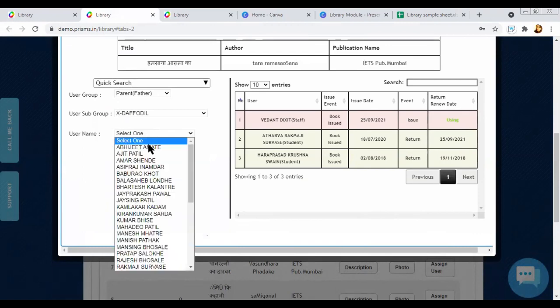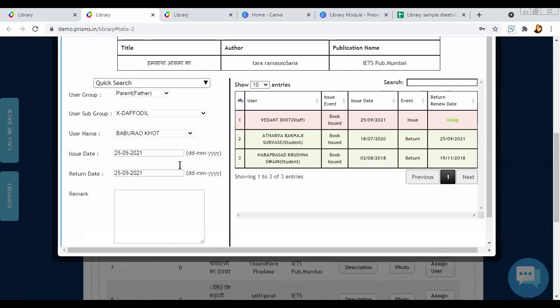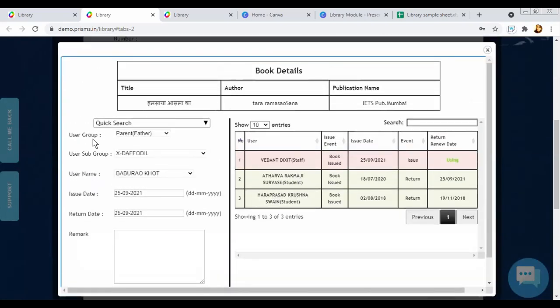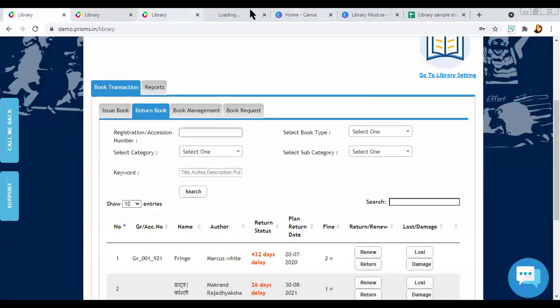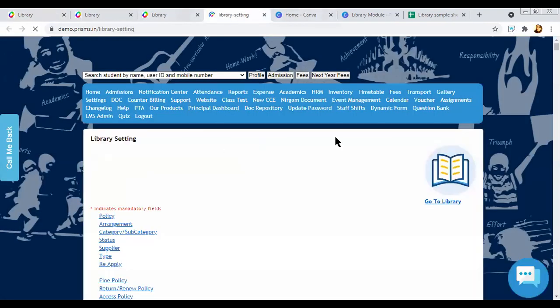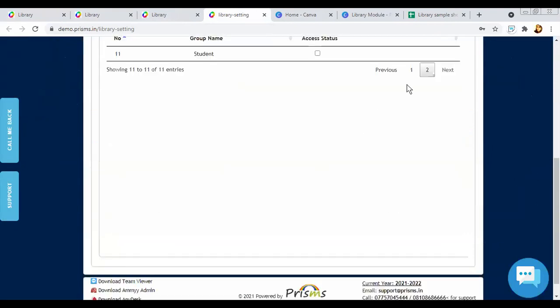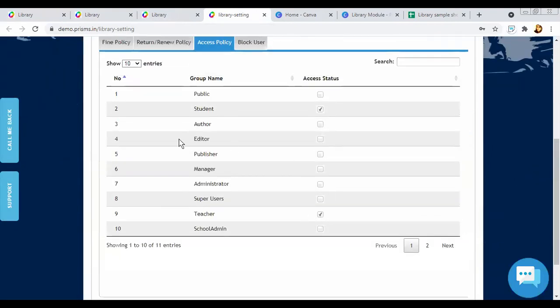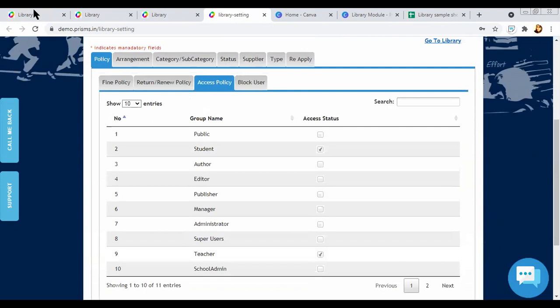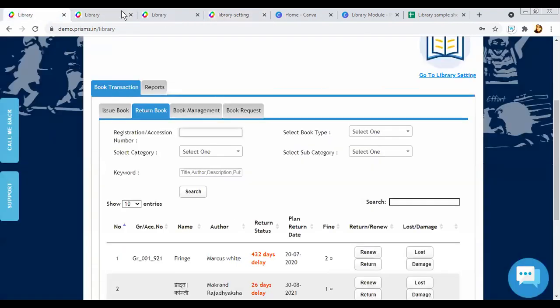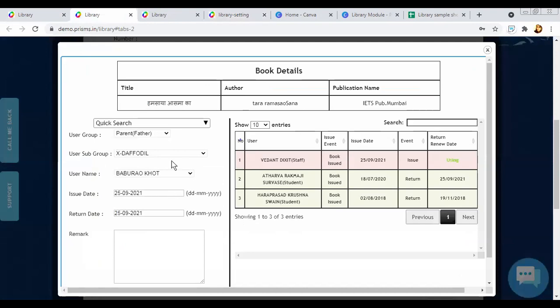So you mean we can issue books to parents also, if some schools want that. Yeah, you can decide how many user groups we have, and depending on that, you'll be able to assign. Okay. The access that we were talking about earlier in the library settings, the profile types, I think that is one part of it. We had added that for a school where they wanted an option where parents can also issue.